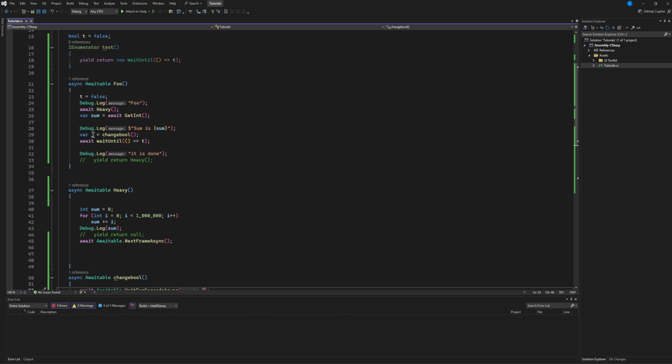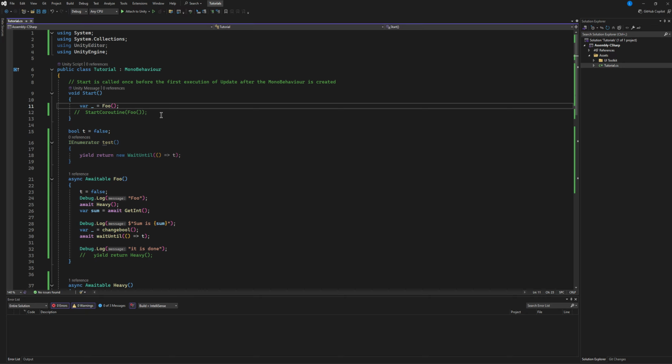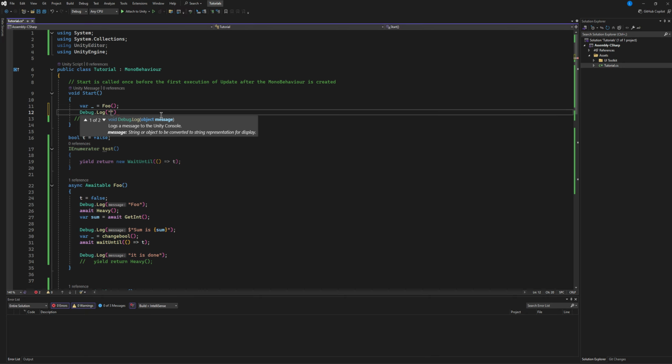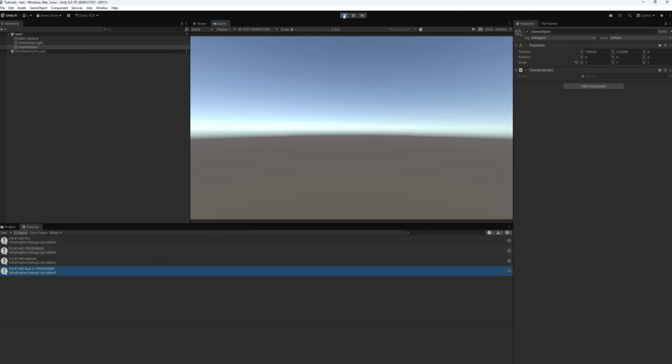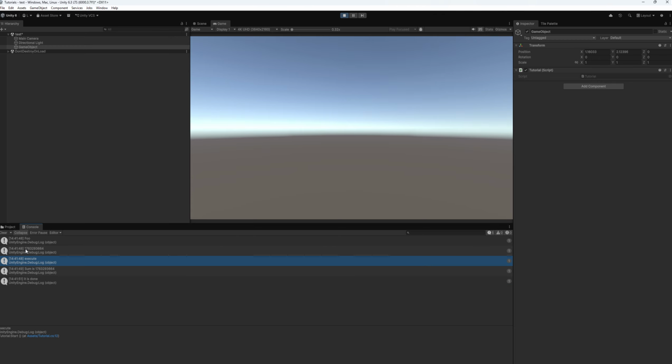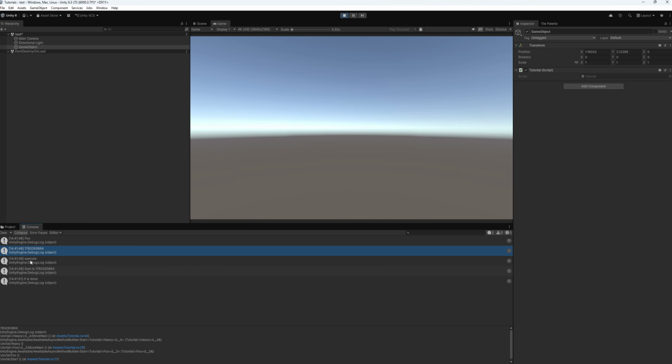You did not wait. This just means continue to the next line. Don't wait up, because if you do Debug.Log execute, this will execute before foo probably. Wow, execute actually executed. I did not expect that. It just shows you